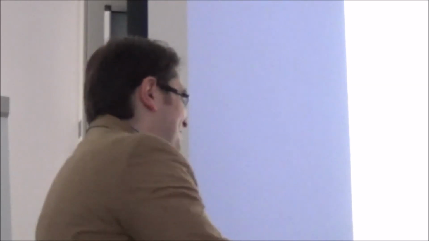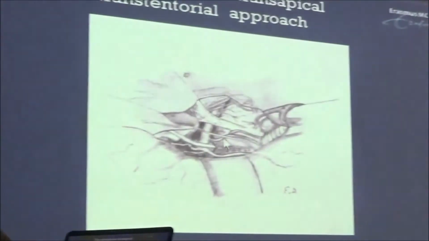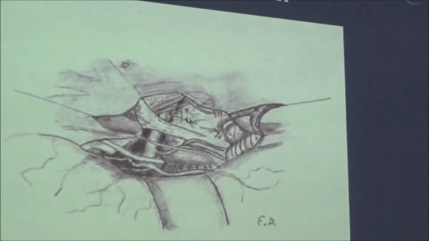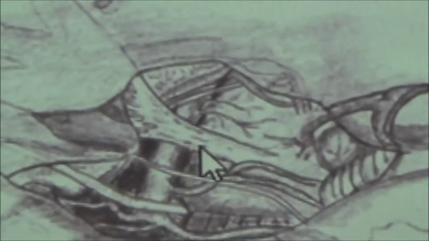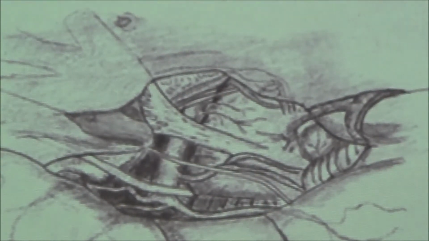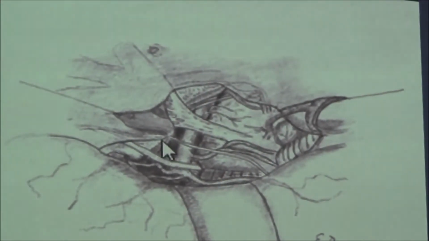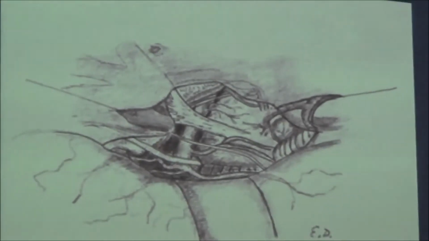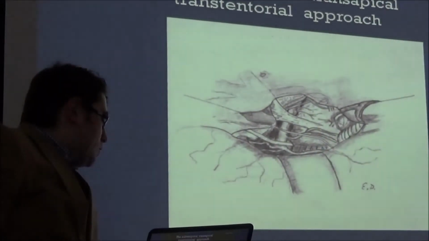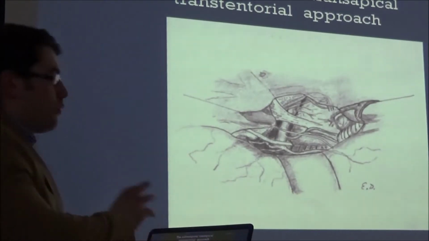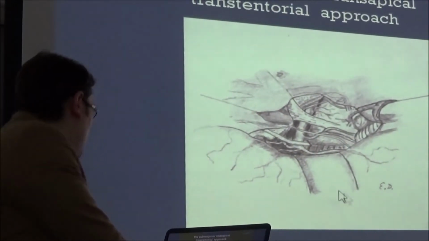So anyway, this rant aside, if you're doing a Kawase approach, you're probably dealing with a petroclival meningioma or another lesion, a trigeminal neuroma or a trigeminal neuroma that's been turning into MPNST, a malignant peripheral nerve sheath tumor, a malignant schwannoma, and it's growing in the posterior fossa. Sometimes it's actually eroding the petrous apex, so you're doing less work. So you're operating on a lesion in the middle fossa, which also has an extension towards the posterior